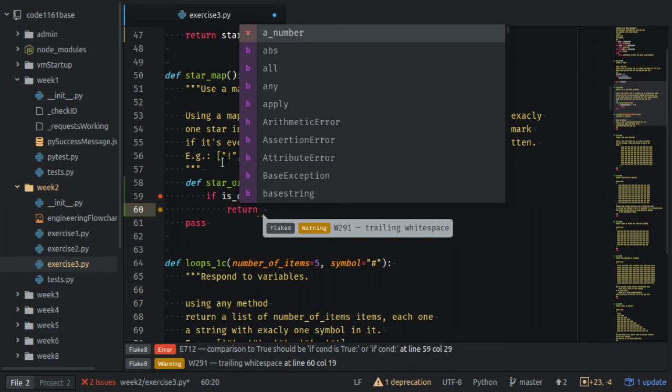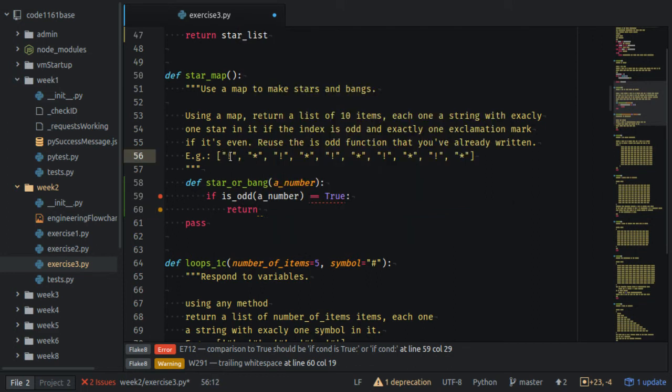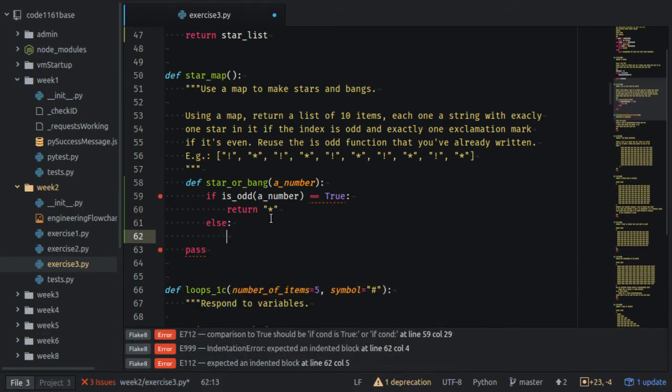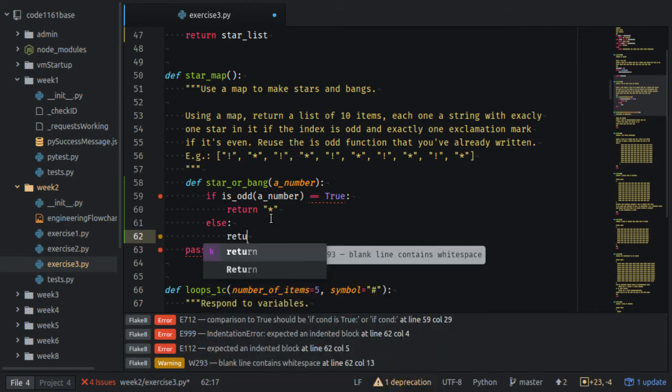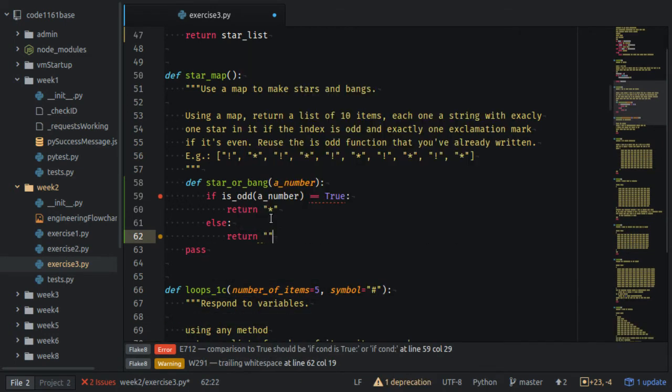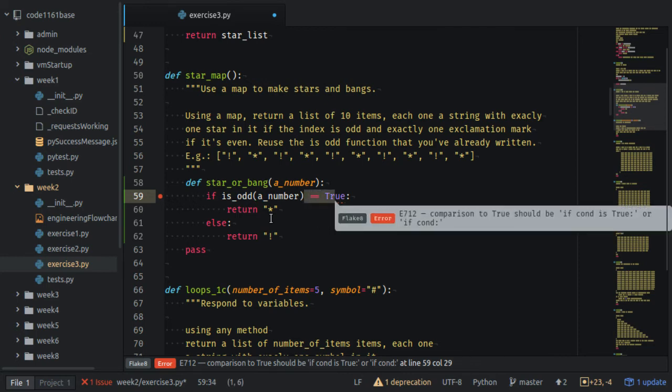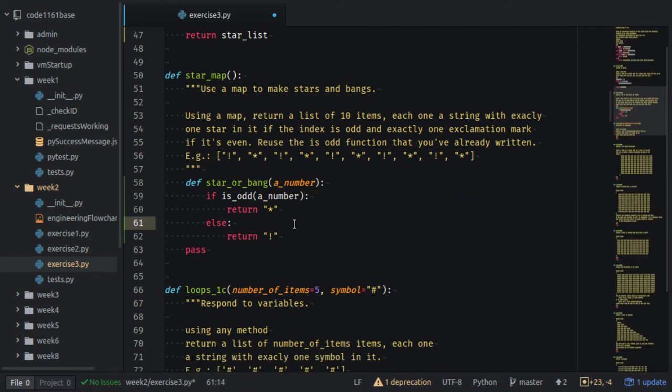if it's odd, then the first one is odd. No, the first one is even because 0 is even. It's the weird case. So if it's odd, then we should be returning a star. And then else, because we can be very confident that if it's not an odd number, it's an even number. Return a bang. Now, this isOdd function returns trues and falses, so we don't need to compare true to true because it already resolves to a Boolean value. So we can get rid of that,